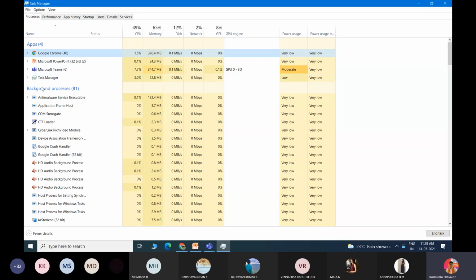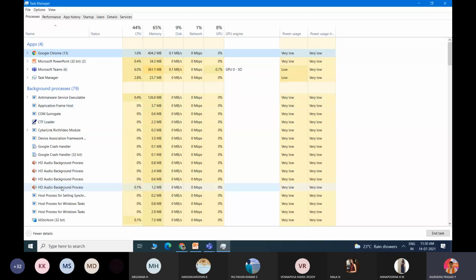So these are the different applications. I have opened Microsoft Office. See how much memory, see what the disk is. Now you see when I open Microsoft Office, my network is 0 Mbps, so I am not transmitting any information. But for Google Chrome, the network shows 0.1 even though I am not utilizing it. There is also Microsoft Teams.